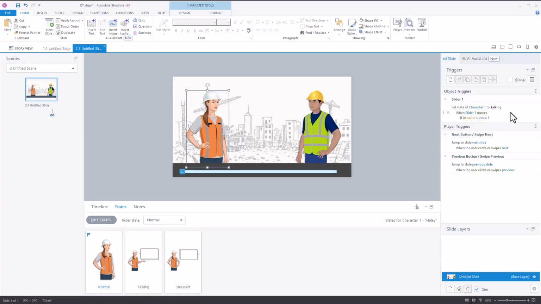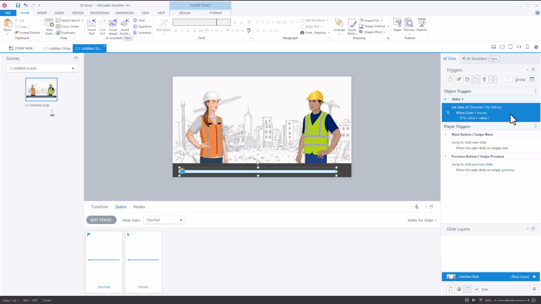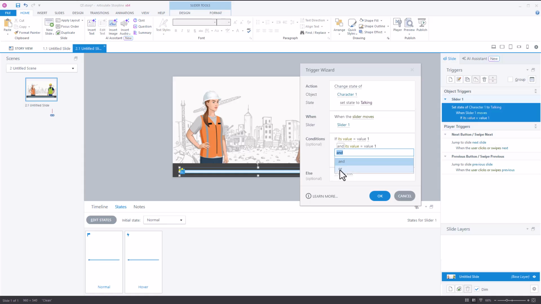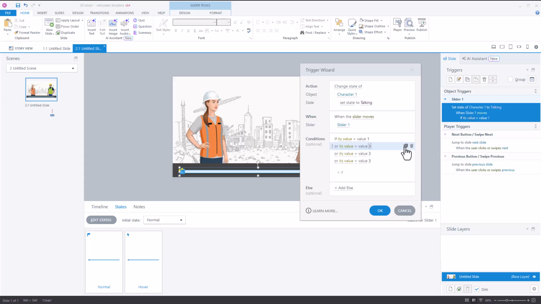So we have this trigger that says set the state of character to talking when the slider moves if its value is equal to 1. I'm going to double click on this and open it back up. Then I'm going to duplicate this. And you can see, I'm going to say if it's 1 or if it's equal to the value of 3, right? So I can duplicate this. So we want 5, 7,